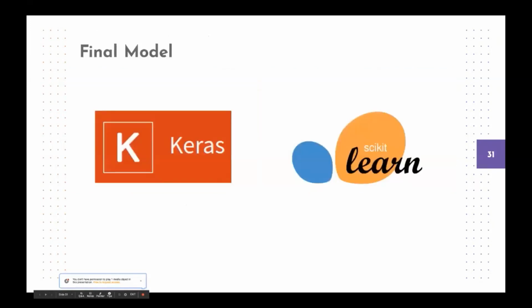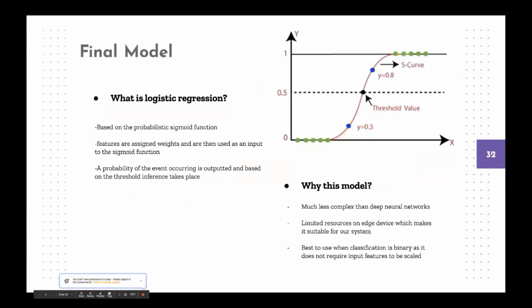Our final model was implemented using the machine learning libraries Keras as well as sklearn. Our final model is a logistic regression model. So what is logistic regression? Logistic regression is a model based on the probabilistic sigmoid function. The features are assigned specific weights, and then they are used as an input to the sigmoid function. What the sigmoid function does is produce a probability of the event occurring,